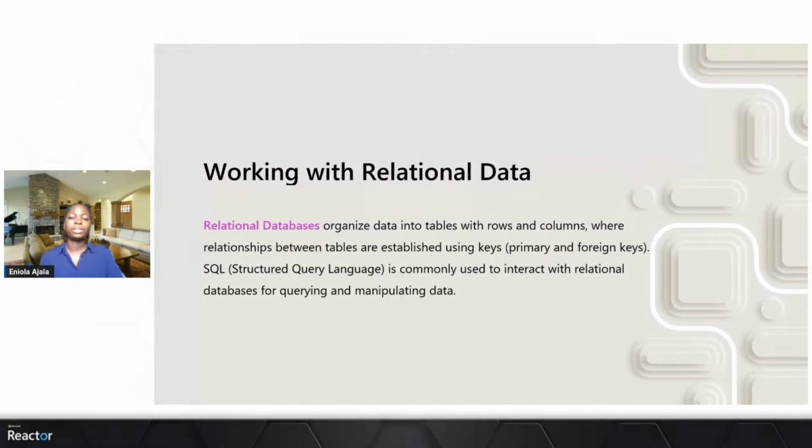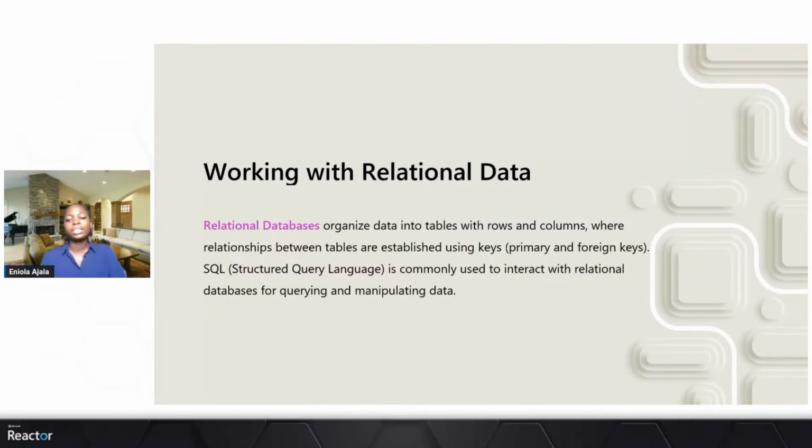So how do we work with relational data? Relational databases organize data into tables with rows and columns, where relationships between the tables are established using primary keys or foreign keys to establish relationships between the data, right? SQL, structured query language, is commonly used to interact with relational databases for querying and manipulating data. This would be talked about more in the subsequent session, but I just want to brush through it